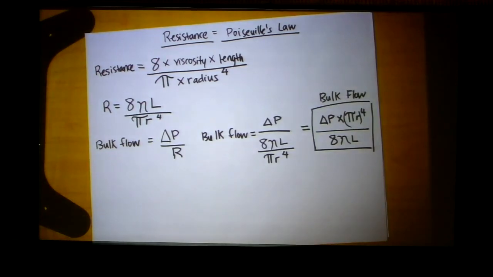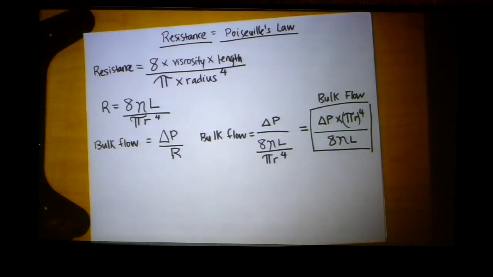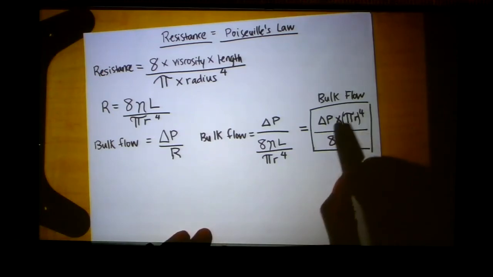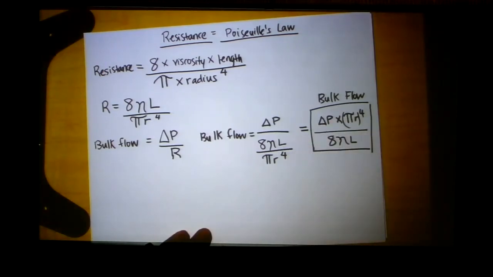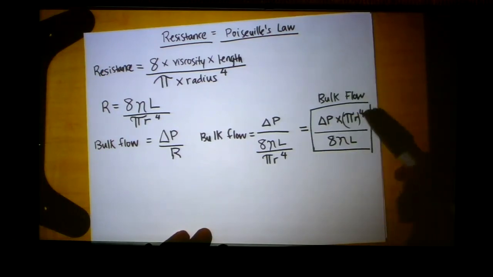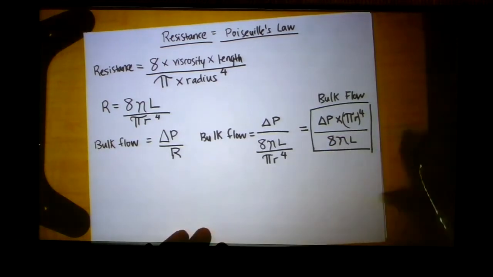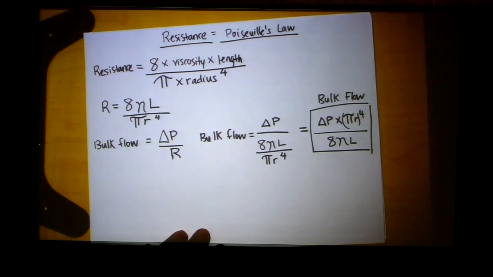okay? And what this equation really tells us is some important relationships between each of these variables and our bulk flow. Relationships that we just sort of described, right? We remember describing that the pressure gradient is directly proportional to bulk flow, right? Also, that the radius is directly proportional to bulk flow. We also said that viscosity is inversely proportional to bulk flow, and that length is inversely proportional to bulk flow,